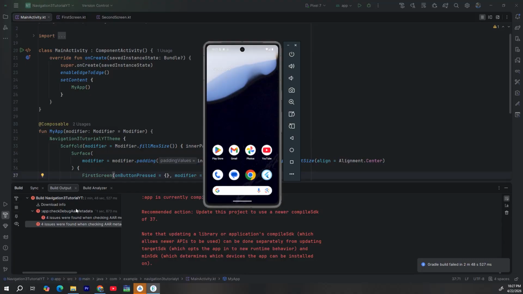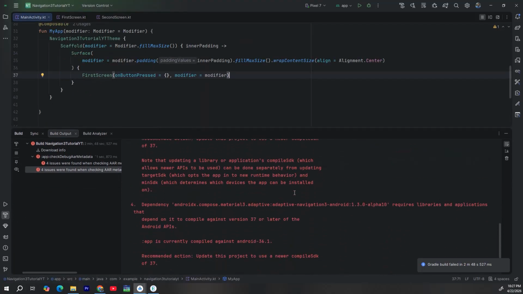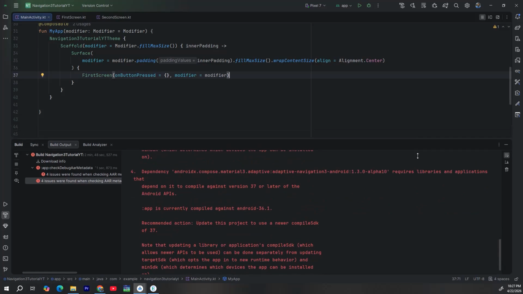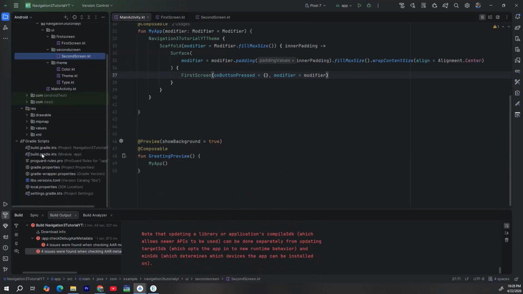As you can see in this console, it clearly says that one of the libraries that we have added, the Material 3 Adaptive Navigation 3, actually requires libraries and applications that depend on it to compile against version 37 or later of the Android APIs, and they're currently compiled against 36.1. That means we need to change the compile and target API level, and we need to go to our build.gradle.kts